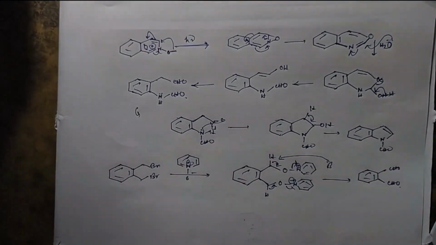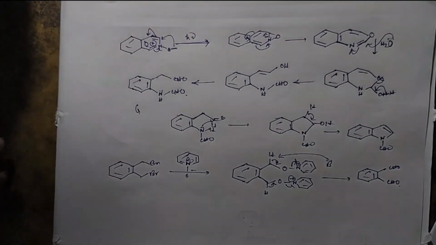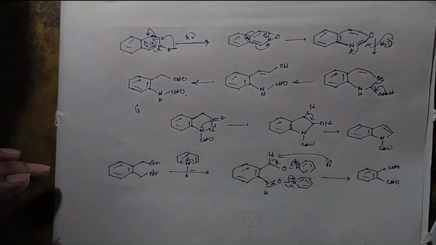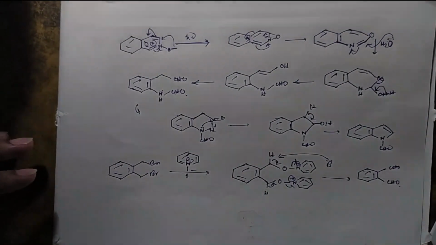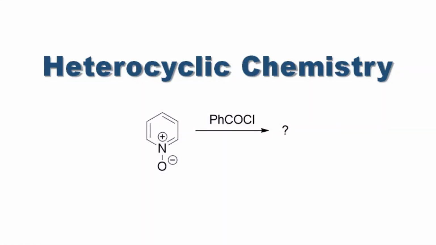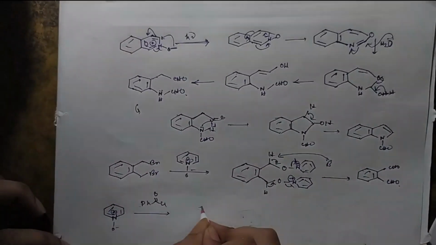Okay, this could also come as one of the steps in consecutive reactions of scheme which comes at CSIR NET or GATE exam. So this example previously came in CSIR NET exams. So I am just again writing it. So the N-oxide, pyridine N-oxide, just the O minus attacks the carbonyl of benzoyl chloride. So we get